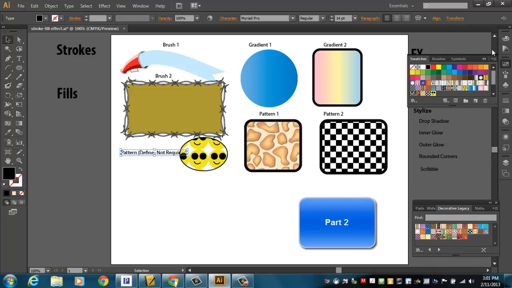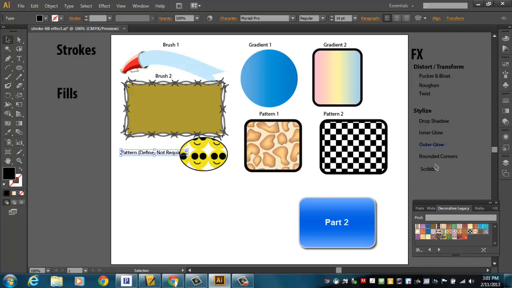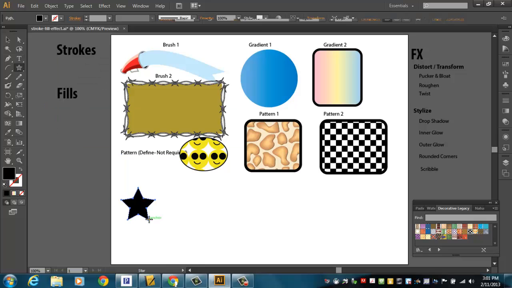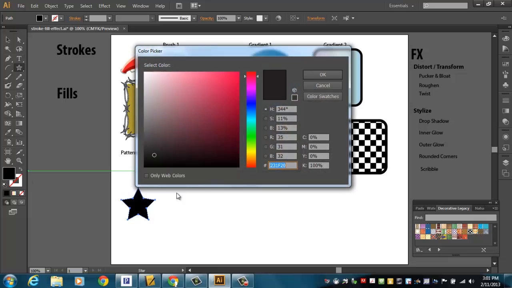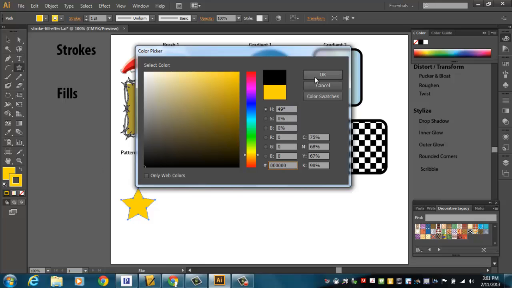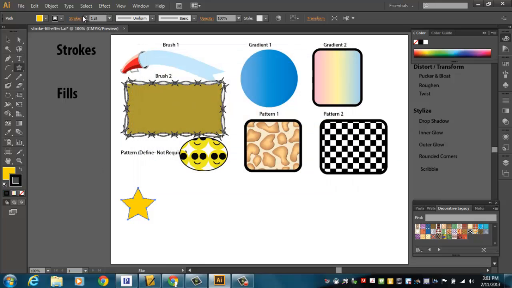To finish this off, let me collapse this swatches panel. There are a handful of effects that I would like for you to know about, and I'm going to make this go really fast. Here's what I'm going to do. I'm going to draw a star, just a 5-pointed star right here, and I'll set up the fill color that I want. I'm just going to fill it with a yellow color, and I'm going to stroke it or outline it with a black color. So I'll double click on that stroke box and get that,